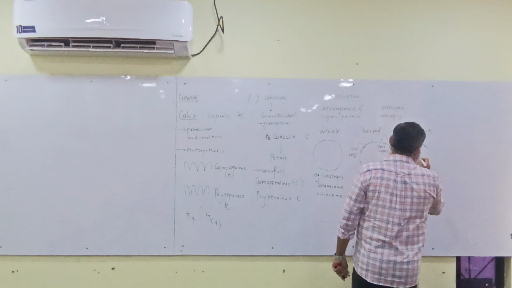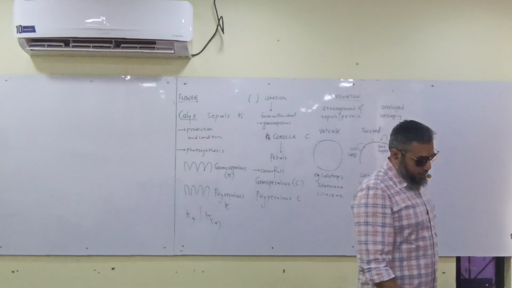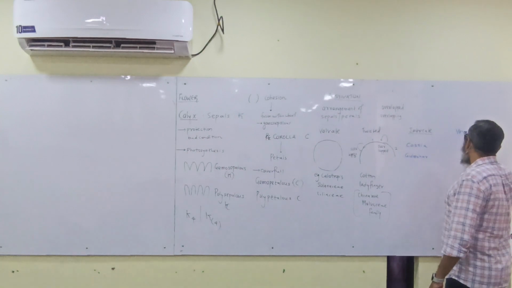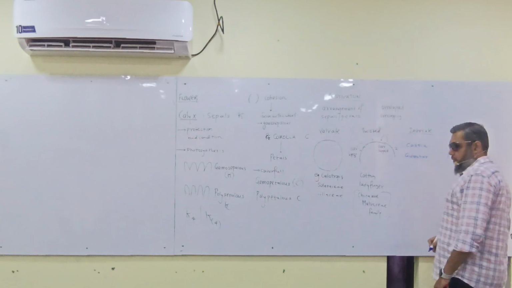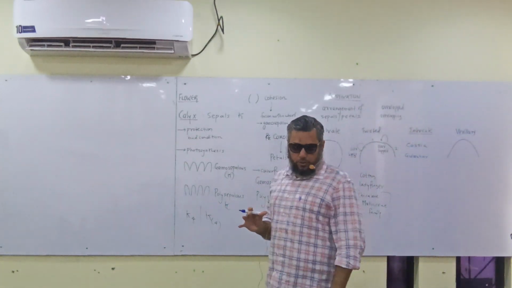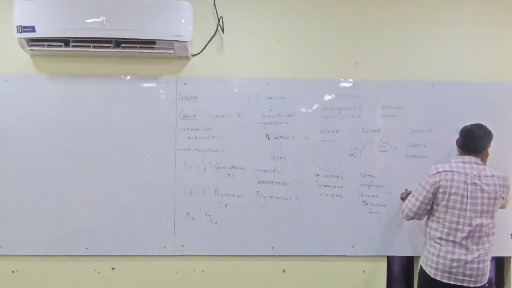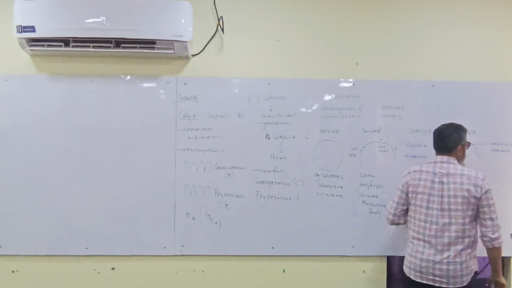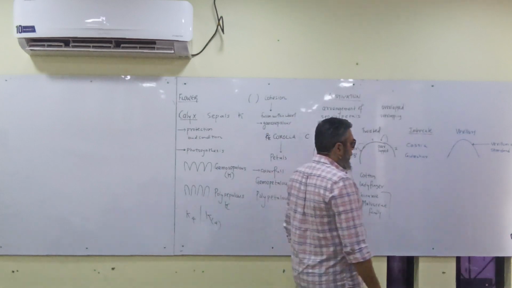Cassia and Gulmohar. Okay, and the fourth one which is going to come in your life again and again, which is it बच्चों? Vexillary, in which one of the petals is very large, okay, and that large one is called as vexillum or standard। क्या बोलते उसको? Vexillum या फिर standard, and it is overlapping